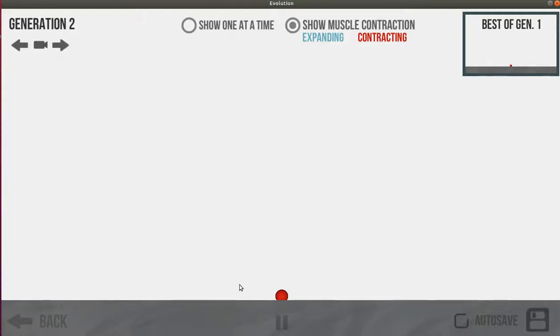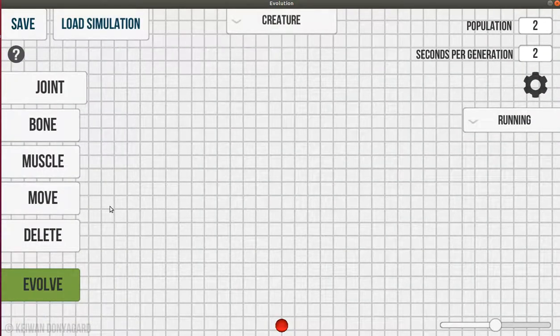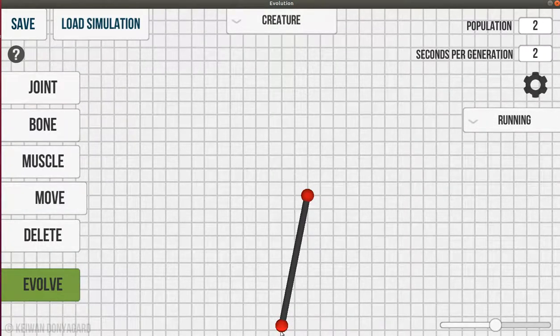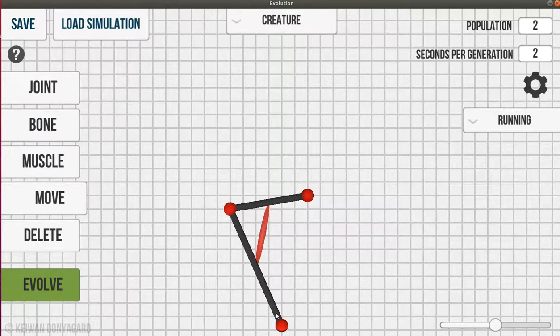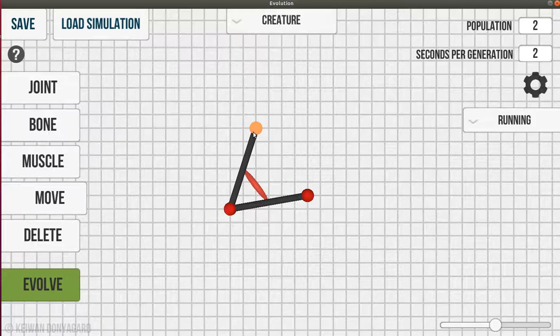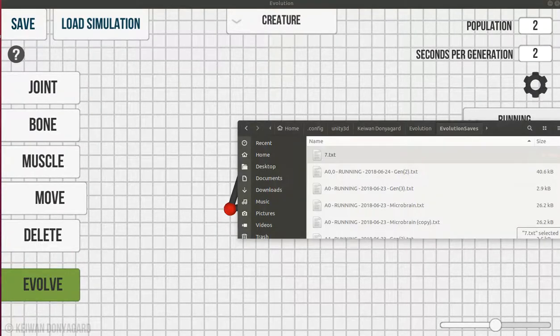Now it looks like it's just a joint. It's not. If I grab one of these and move it, you can see there's actually 2 bones and a muscle there. That's a minimum configuration for a creature to be able to evolve in here, because it has to have a muscle in order for the neural network to function. However, again, going back into the text file,